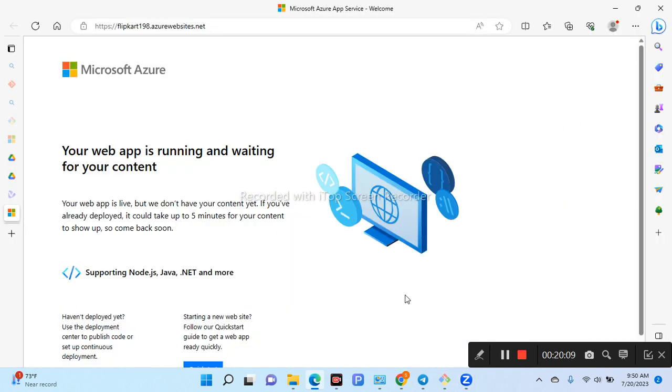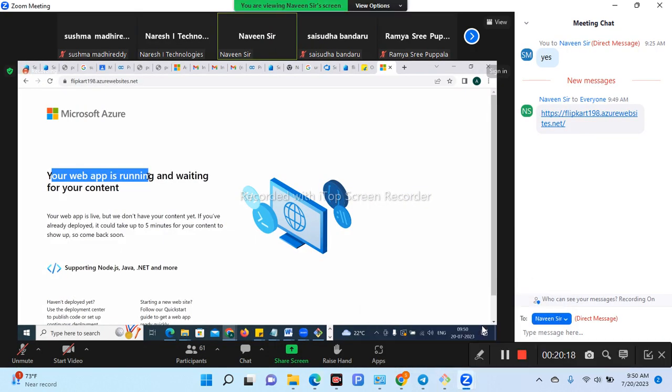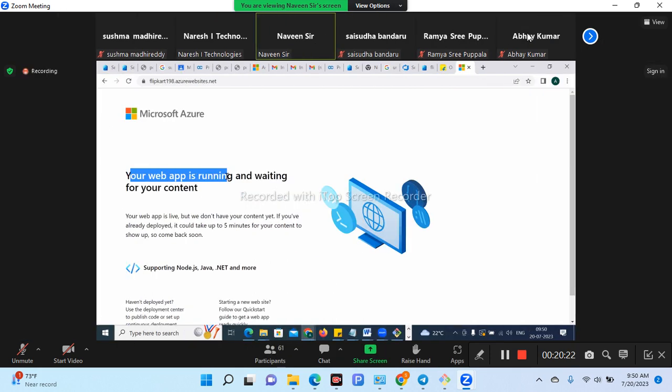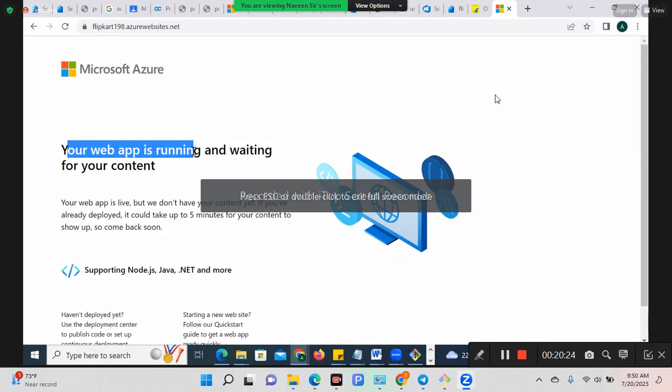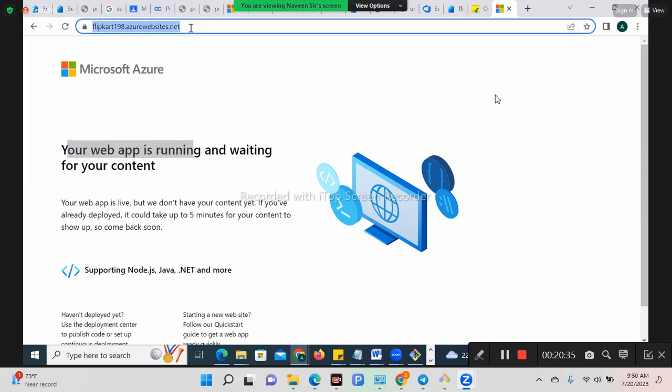It comes here as your web app is running. That means your website is running, but waiting for the content. Content means that code, right? The logic, which will display home page, download page, whatever the website it is. Now this is your job, my dear friends. Till here is your job. Now what you have to do, you have to copy the website name here. You have to copy your website name and give it back to your,